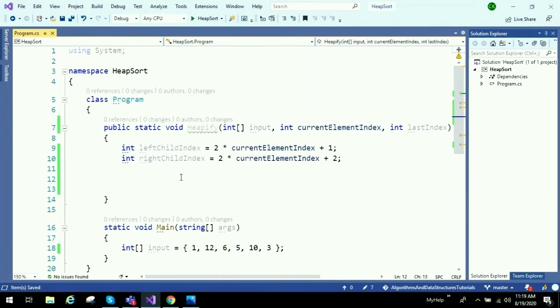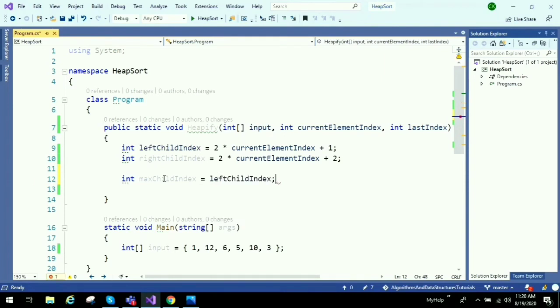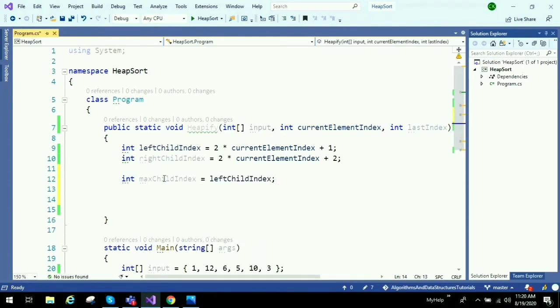Out of those two, whichever child is maximum, we will first identify. I am taking a max child index variable, and I am assigning the left child index by default. In case the right child is greater than the left child, then we will assign the right child index to the max child index. That is it.